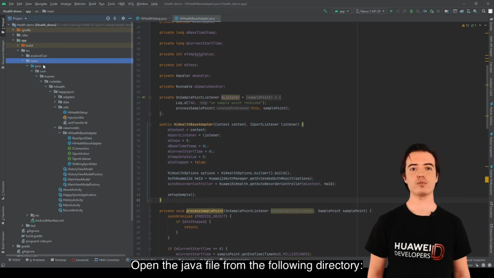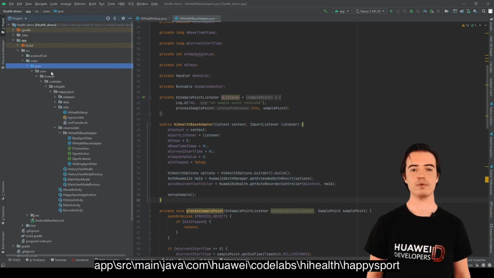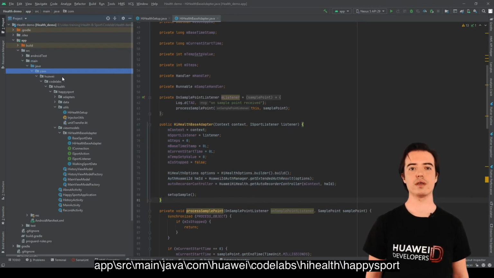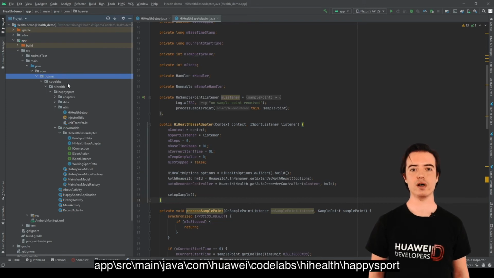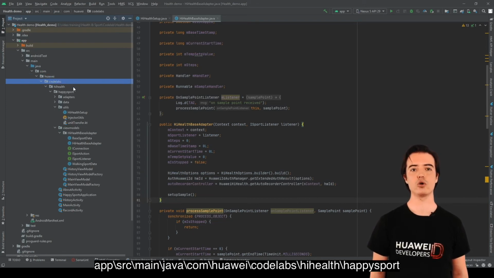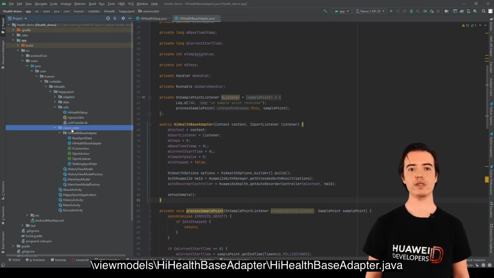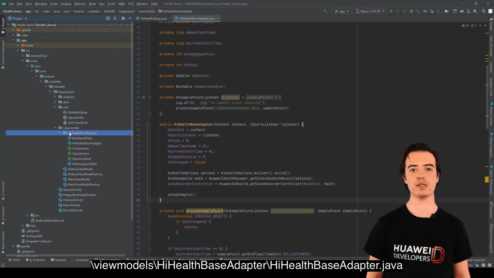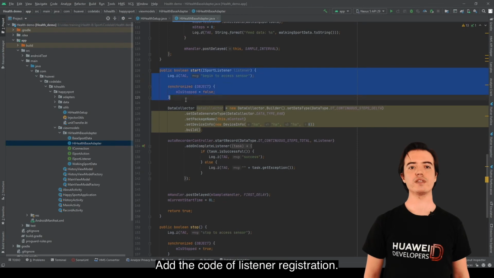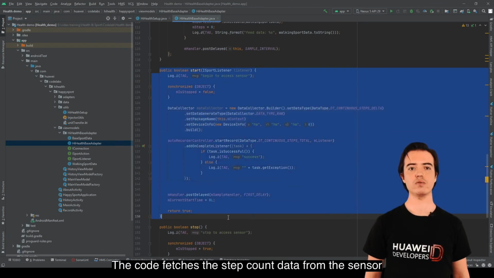Open the Java file from the following directory: app, source, main, java, com, Huawei, CodeLabs, HiHealth, Happy Sports, vModels, hihealthbaseadapter, hihealthbaseadapter.java. Add the code of listener registration. The code fetches the step count data from the sensor by registering a listener, and the data will be called